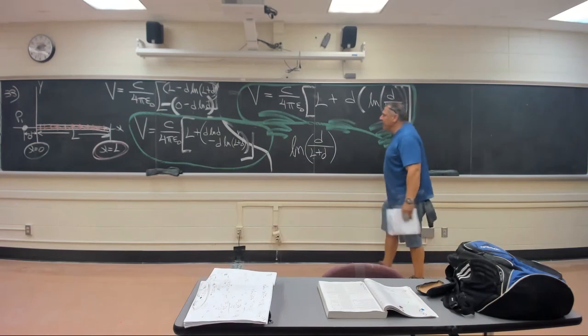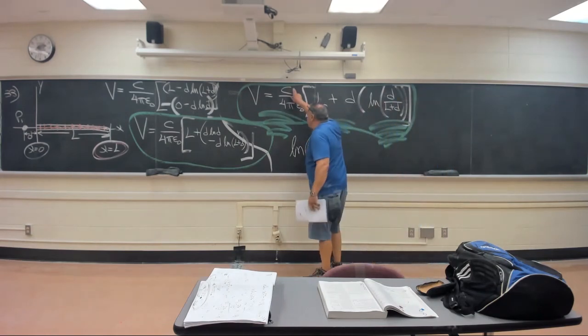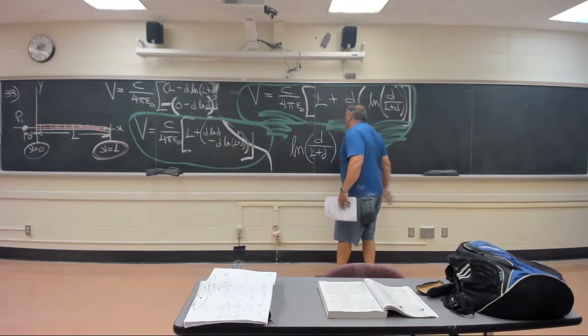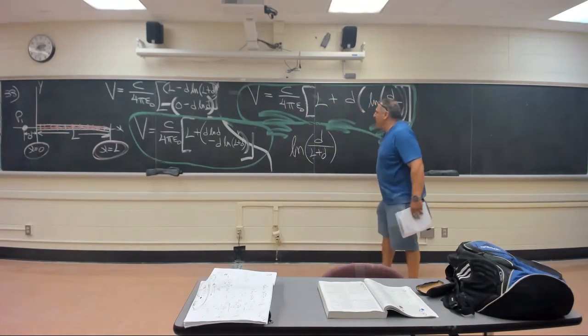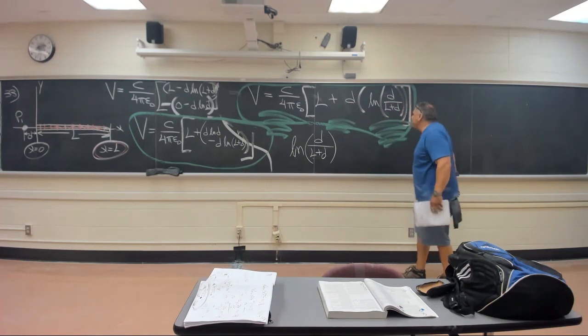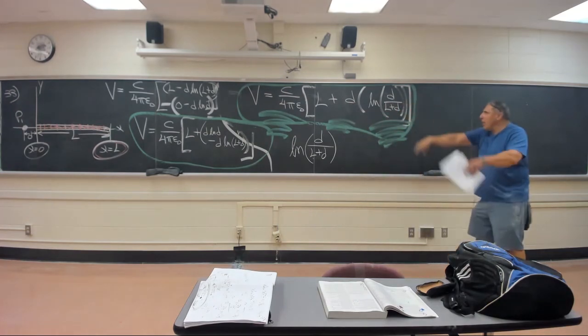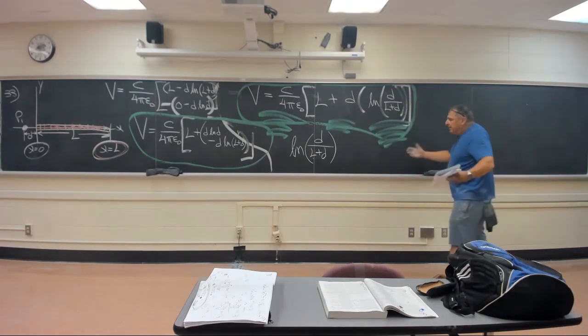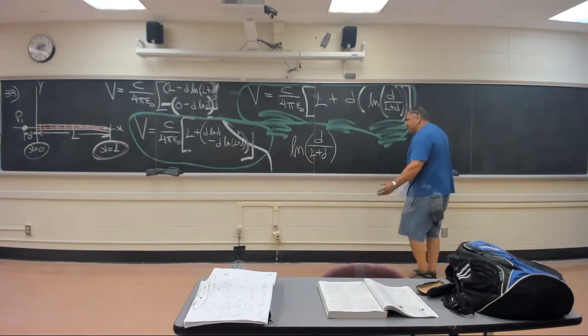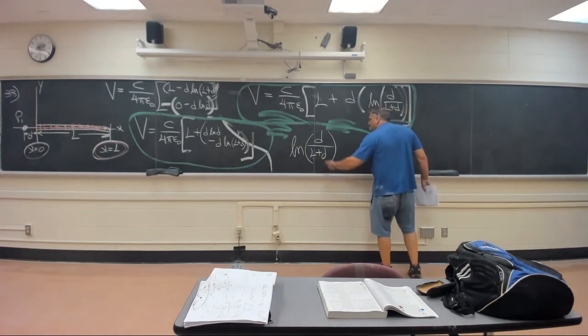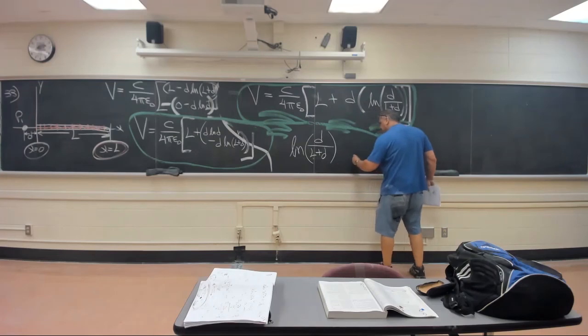Just plug in the values of what they gave you C to be, what you know 4 is, what you know pi is, what you know epsilon naught is, what you know that capital L is, what you know that D is, and just evaluate this, grind it out, and you got the right answer and you're done. For the record, and what I'm about to show you I have in the notes. If you write this,